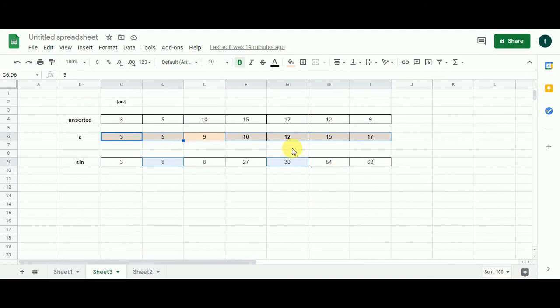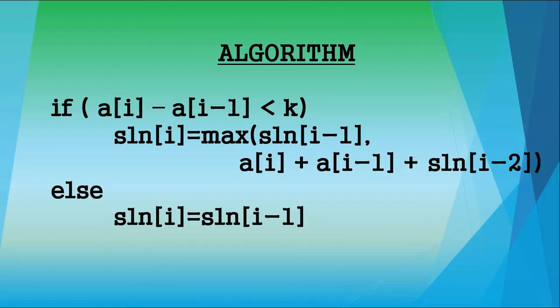Now let's take a look at the algorithm. Take a good look at this pseudocode. This is the exact implementation of the explanation that you saw in the video. I hope that you create a good code around this algorithm.